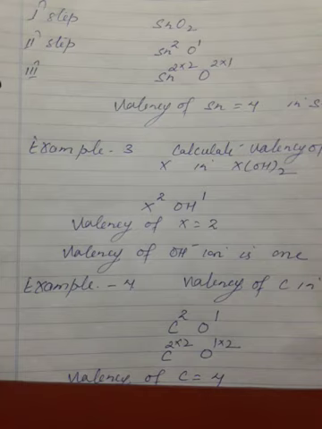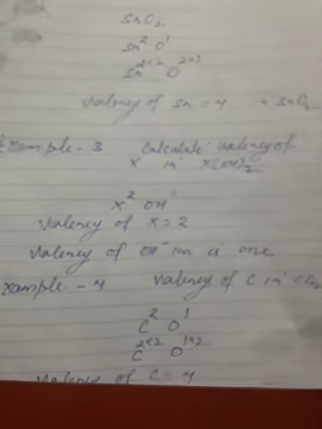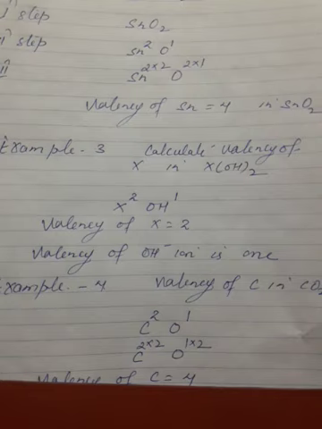Then one more example, valency of carbon in carbon dioxide. Calculate valency of carbon in carbon dioxide. So, again here what will be the first step? Interchange subscript and write it as superscript. So, what we will get? C2O1. Clear now? Now, we already know that oxygen valency is not 1, valency of oxygen is 2. So, multiply both superscript by 2. So, what is the valency of carbon in carbon dioxide? 4. Okay, clear? So, practice.